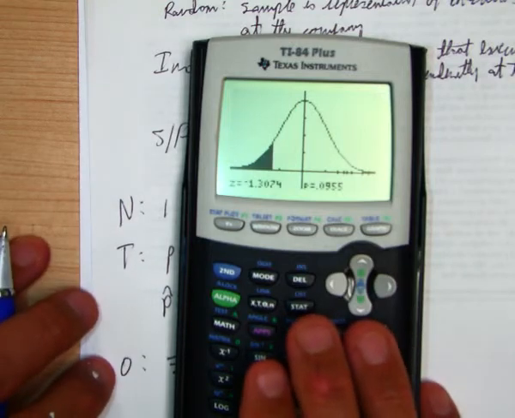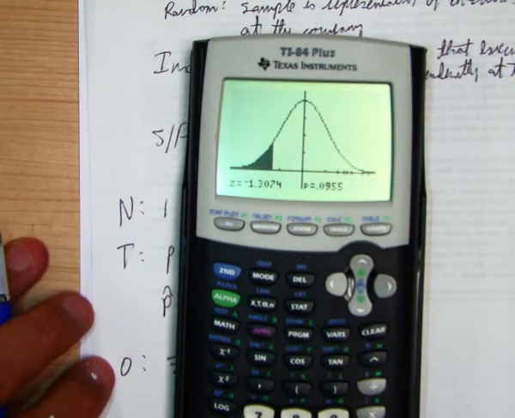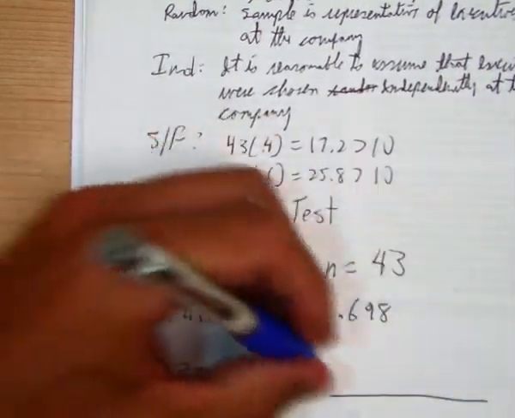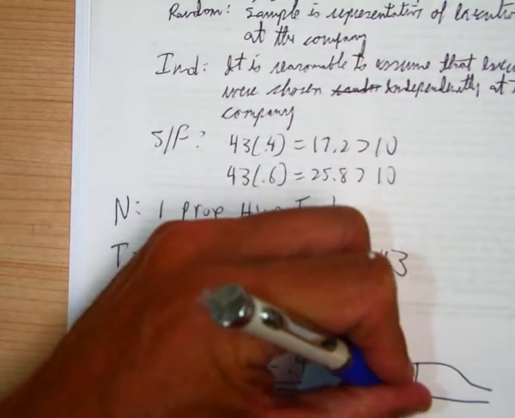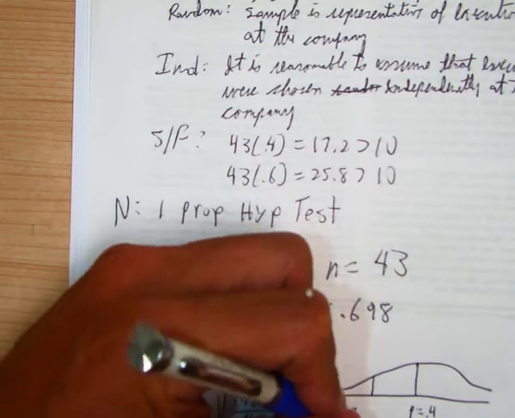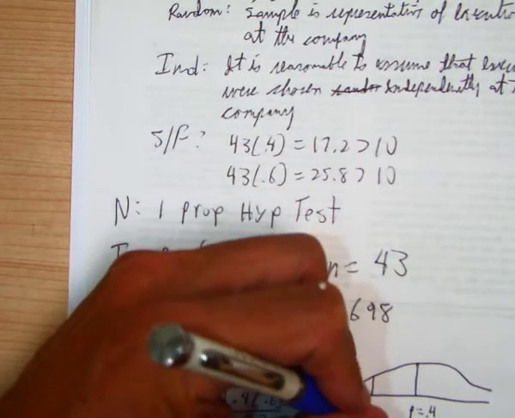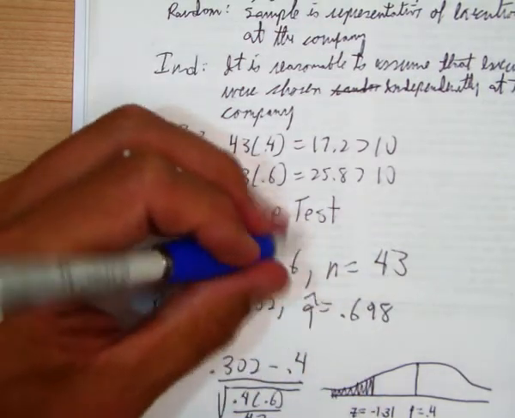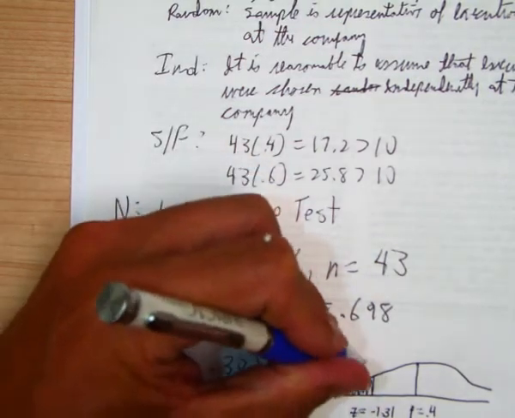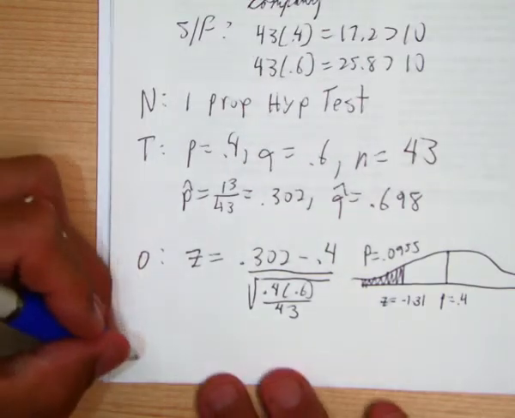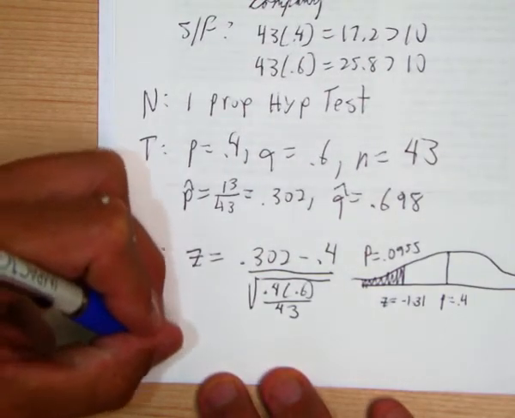We're going to copy that, so we got a z of negative 1.31 and a p-value of 0.0955. So that goes on the paper. So this would be p equals 0.4. We've got a z of negative 1.31 and then a p-value of 0.0955. So we make the decision with a p-value